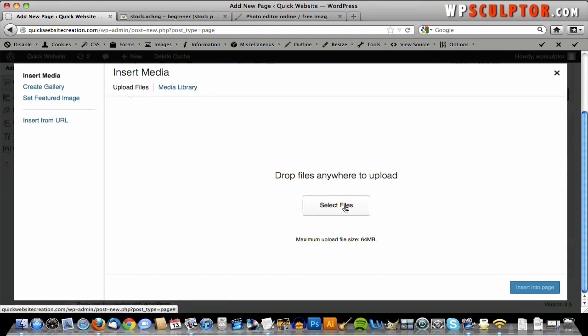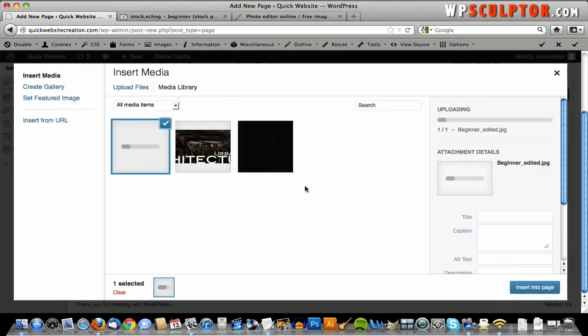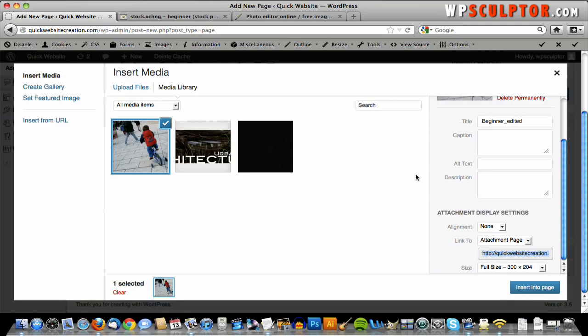So we're going to go to Select Files, click, and find the file on your hard drive. And there it is right there. Double click it. And over here, we're going to insert into Post. And actually, before that, we want to change the alignment to left so that we can put